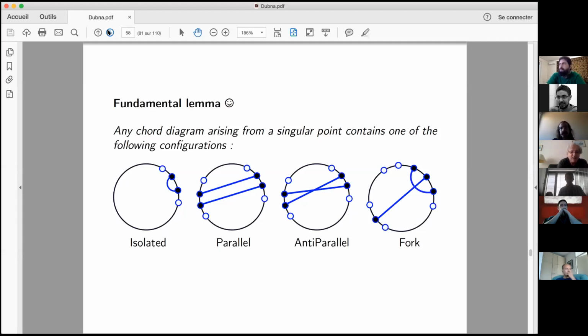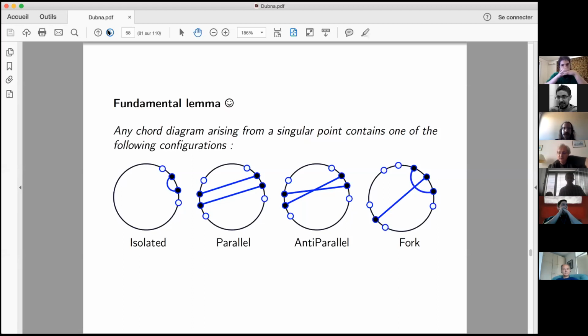It could be a chord which is completely isolated, like on the left, two black dots connected by a chord and nobody between them. Or you could have two parallel chords, which means, as on the picture, two chords which do not intersect and have nothing in between. There could be what I call anti-parallel, that they cross, that there is no other point in between. And finally, there could be a fork, like on the picture on the right. So I did prove the following. A necessary condition for a chord diagram to come from an algebraic curve is that it has to contain one